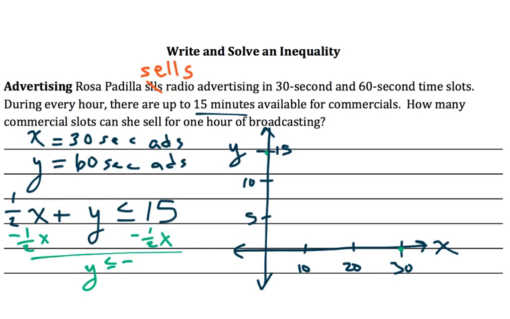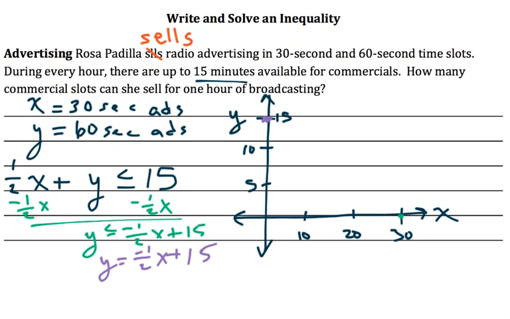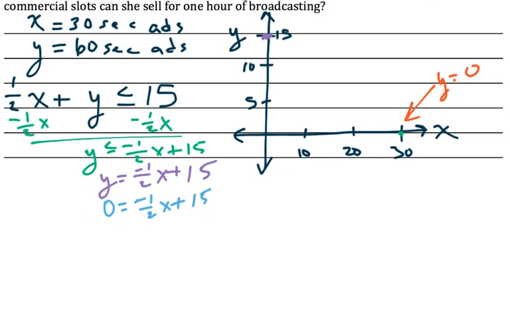And I'll have Y is less than or equal to negative 1/2 X plus 15. Now if I just pretend that this is a line without inequality, I see my y-intercept of 15. But when dealing with a real-world problem, it's often nicer to think, what is the value of x or y at this point? At this point, y is 0. So if I plug 0 in here, I get 0 equals negative 1/2 x plus 15. Subtracting 15 from both sides gives me negative 15. Then I'll multiply by negative 2, and I'll get positive 30 as x. So I figured out that at 30, 0,